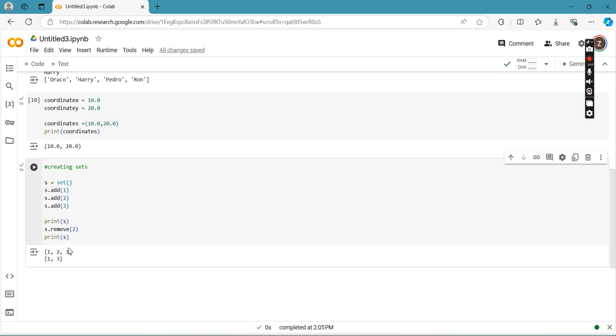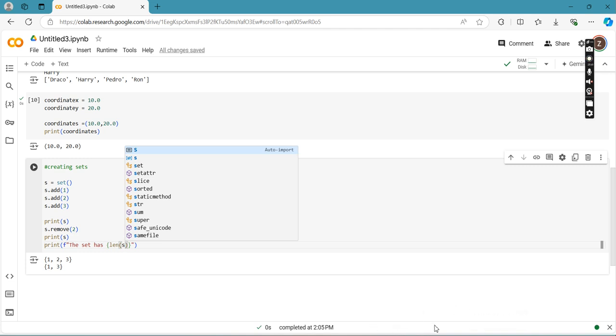We could also count the elements or items in our set by using the function length. To do that, I'm going to print a formatted value again, wherein I'm going to say the set has, the length of the set, then say elements.